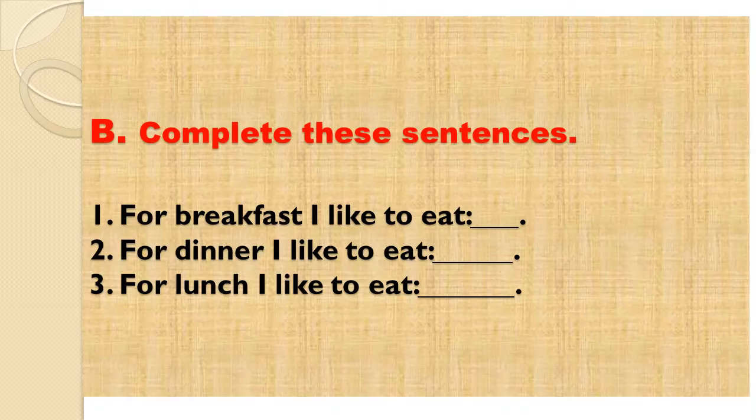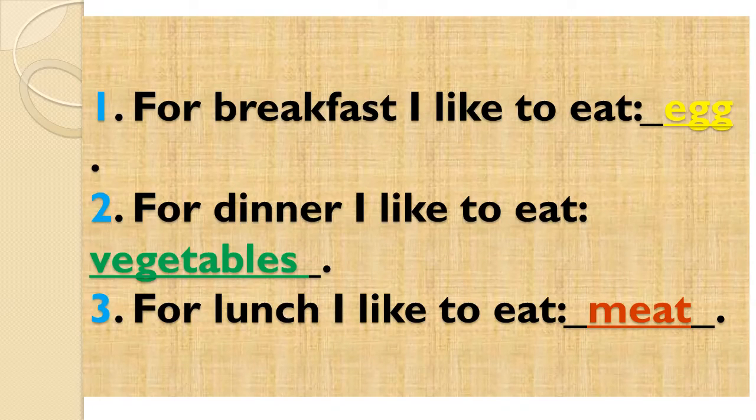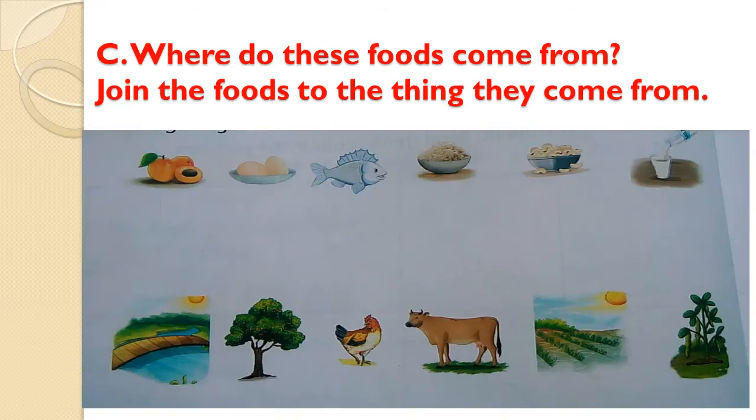The third one is, for lunch, I like to eat what? I like to eat meat. You write here about your choice, what you like to eat for lunch. And now move on to the next page. And it's on page number 20. Here you have given exercise C, and the exercise C is,